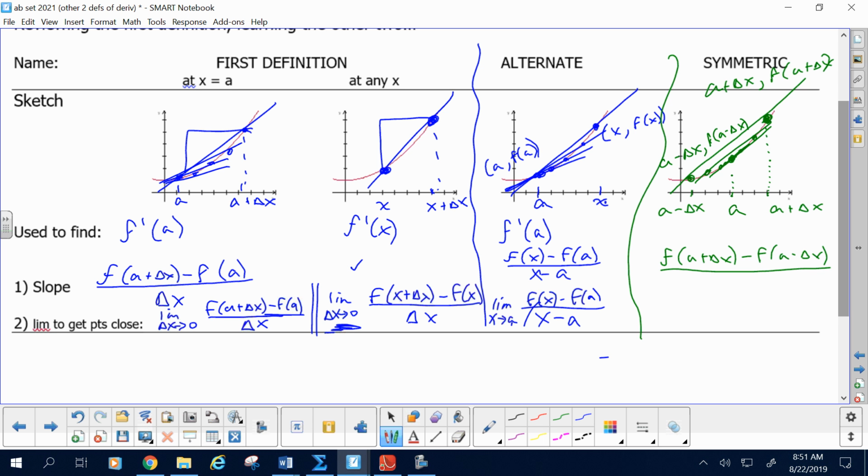Well, does that make sense? Well, sure, it's a delta x on this side and a delta x on that side. So the change in x is 2 delta x's all together. Now, how do I get the limit statement to get the points closer together? X, do I want to take x down to a, or is it more like those where I take the change or the gap down to nothing? Yeah, it's more like those. I want to take that delta x closer and closer to 0, and when I do that, the change gets closer and closer to 0, and I start to get change. So it's back to the gap being taken to 0.